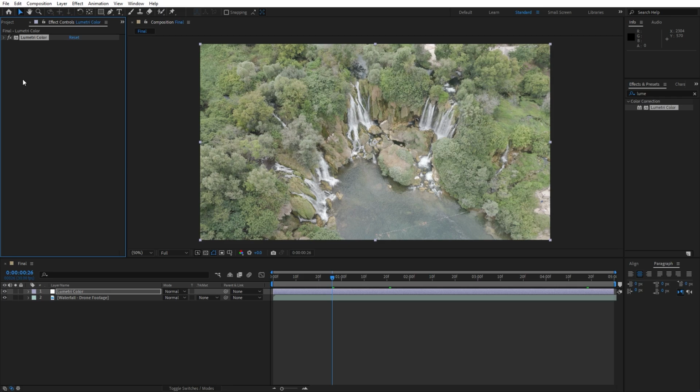This effect here in After Effects is a really powerful color correction and grading tool that allows us to adjust and enhance the color of our footage. It also provides a range of options for modifying the overall look and feel of a video, including adjusting exposure, contrast, highlights, shadows, and saturation. It also includes advanced color grading features like the ability to apply LUTs, lookup tables, manipulate individual color channels,